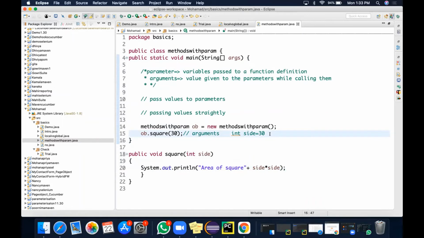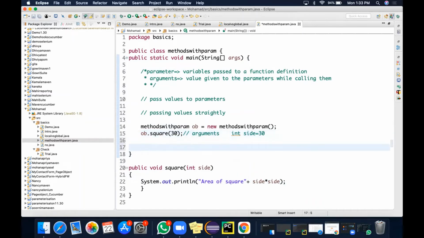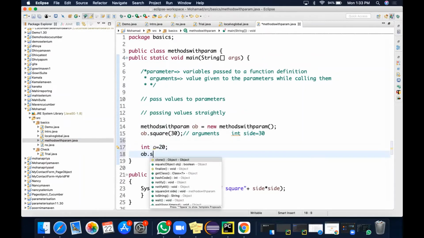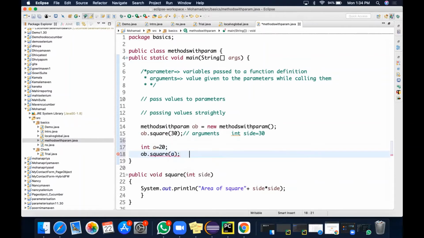Second way is using local variables. So I'm having integer a is equal to 20, and ob dot square of a. What is actually happening here? It is integer a equal to integer side, that is a equal to side, and a is having 20.